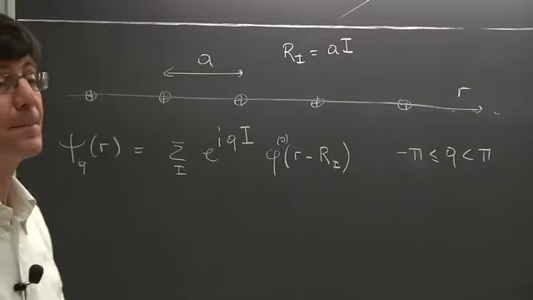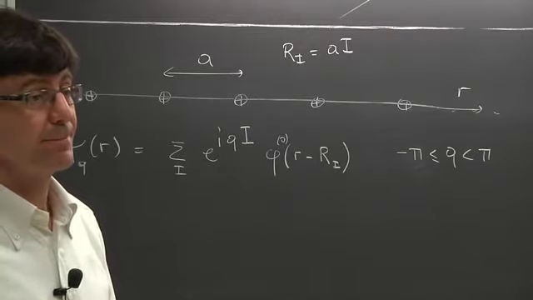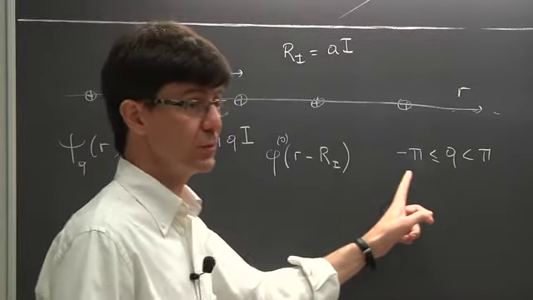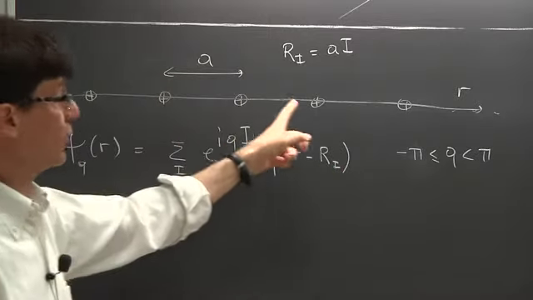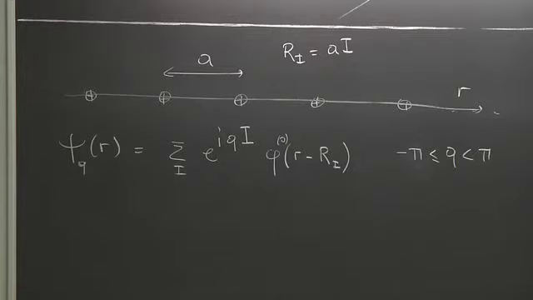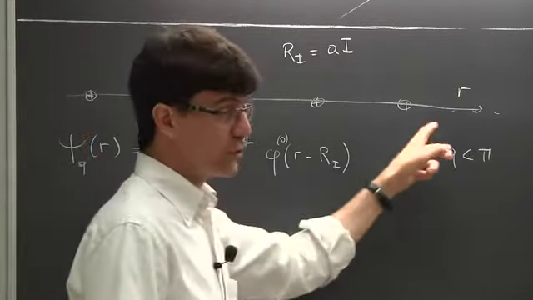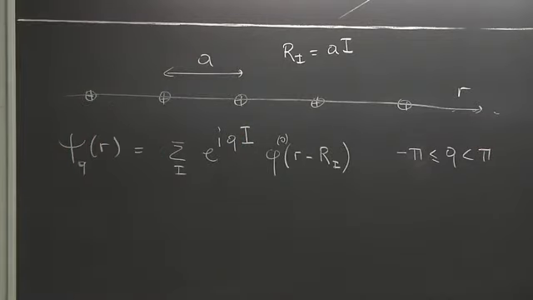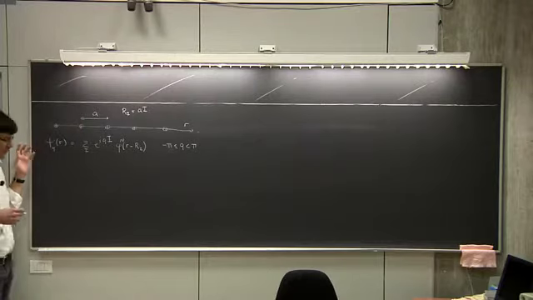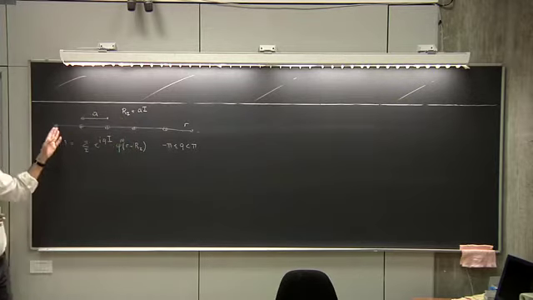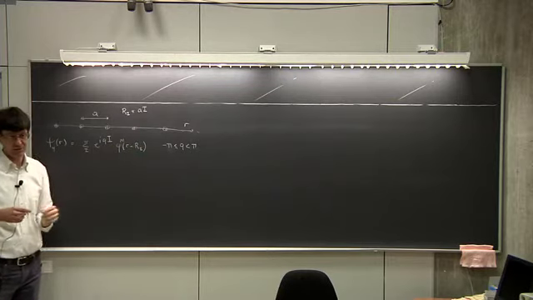Why would you usually use the periodic interval? Where, here for q? Oh, okay. I need to go back to the beginning. That's what we want to solve. We want to solve the problem of an ordered array of atoms. You may, of course, wish to solve the problem of an arbitrary arrangement of atoms. Well, this is not going to be easy to do. So the theory we are going to develop works only if we can assume translational periodicity,